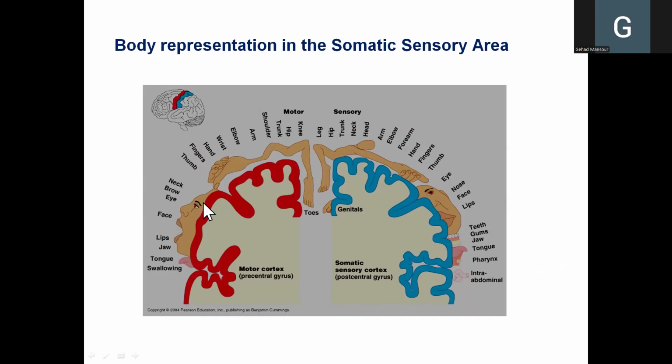On the other hand, what does this mean for the motor area? When you have a large motor area that represents the face, this means that you have more motor neurons that control the muscles of the face. This means a more precise and accurate control of the muscles of the face. And this makes sense because the muscles of the face are multiple, they are small, they carry out very specific functions in order to show the complex facial expressions, and therefore they have to be supplied by a large number